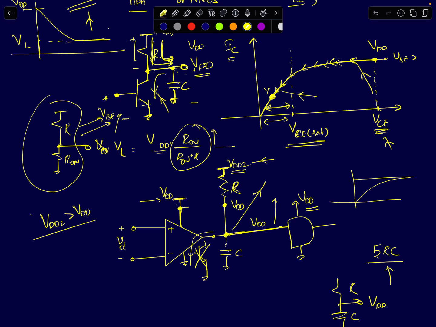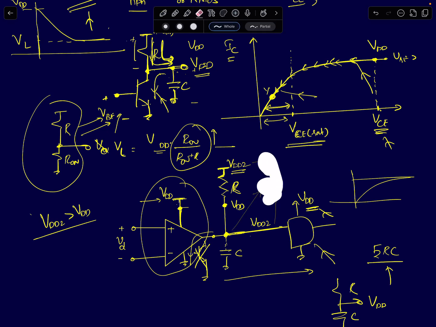Now if I charge this to VDD2, generally the comparator outputs will be driving some digital logic gates, and these digital logic gates will be operating normally at the same supply as this comparator, VDD. Let's assume they are operating at VDD volts. When you do this, because the output node voltage is now at VDD2, it can lead to breakdown of the transistors in these logic gates. So you have to always operate the circuits in safe voltage levels. So to ensure that the output node voltage does not go higher than VDD, one thing we do is that